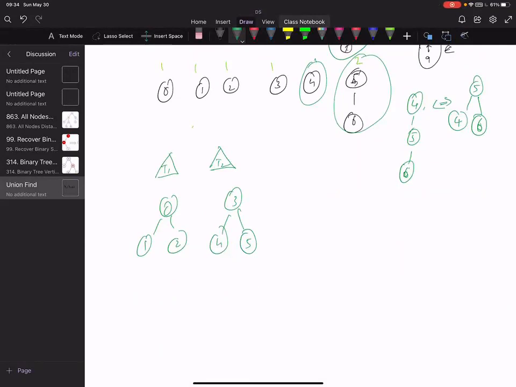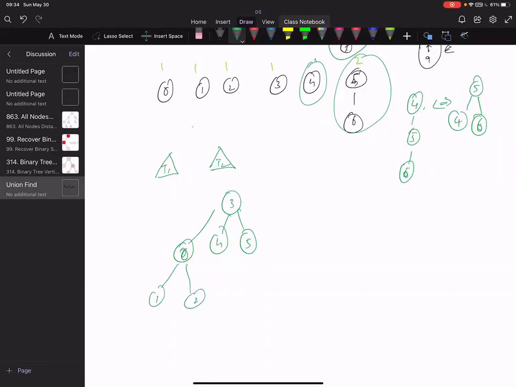I don't have a choice. So let's say that I am making 0 a child of 3, for our assumption. In this case, 0 will come here, and then 1 and 2.